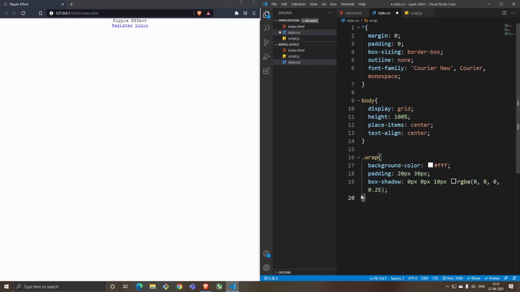Usually that kind of effect is done mainly using the box-shadow property of CSS, which gives you the effect that you have something popping out like a box. Once you save it, you can actually see the size. Okay, it actually looks like there's something having a 3D effect out there. That's the box shadow doing its work there.